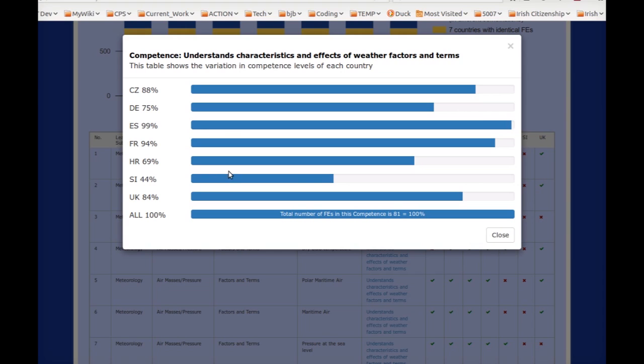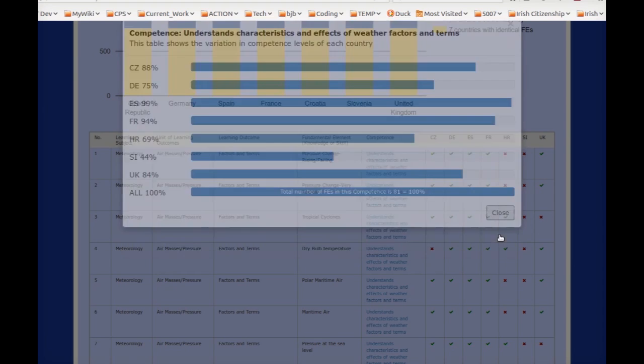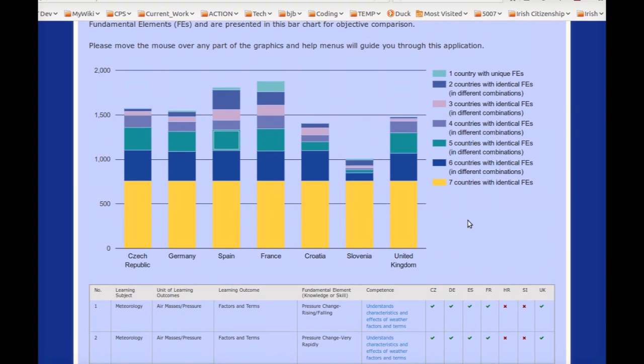So some countries, for example Spain, put more emphasis on those competencies than, say, Slovenia here, and that gives you an indication of how those competencies are spread around the countries. So that basically is the result of the analysis of the 7 countries